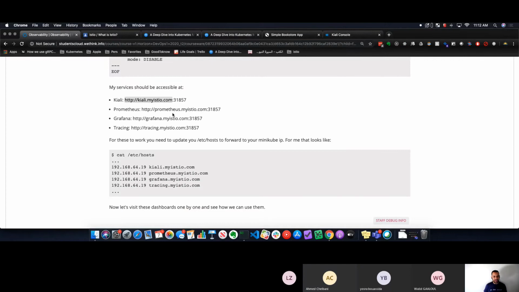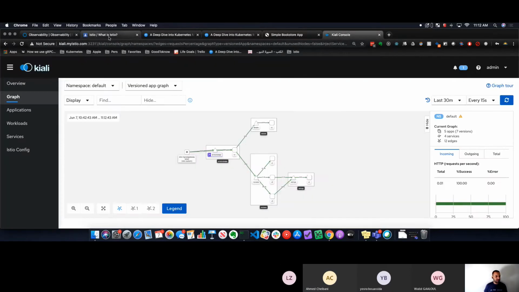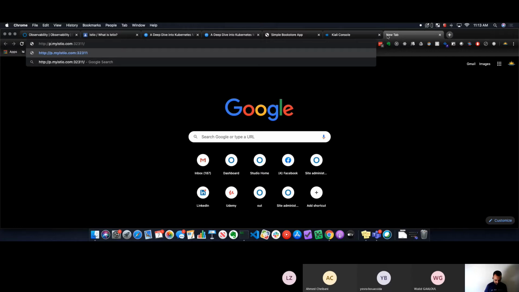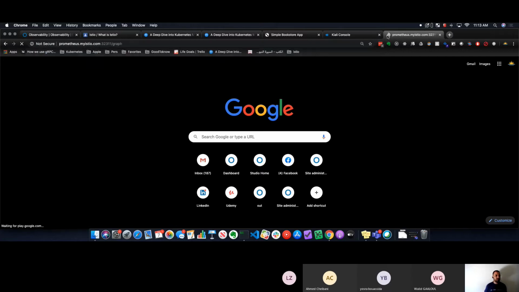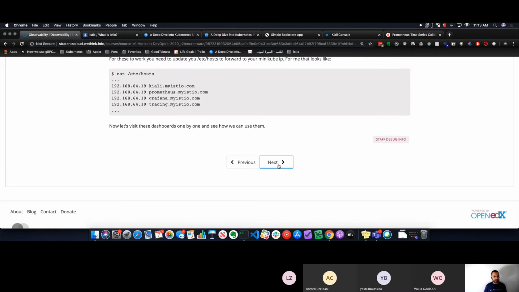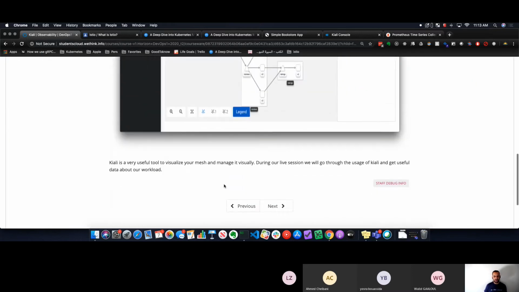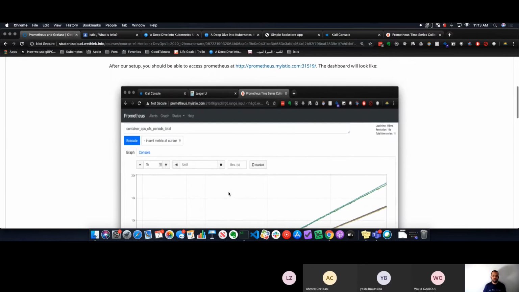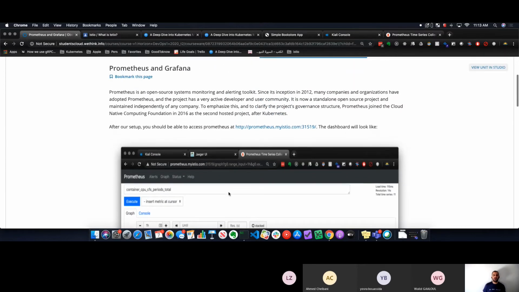So the next thing is Prometheus. Let's look at Prometheus. It will get the same address, except it starts with Prometheus. Prometheus is a monitoring tool. So let me jump in. I showed Kiali already, and now we have Prometheus and Grafana. Prometheus is a way to monitor